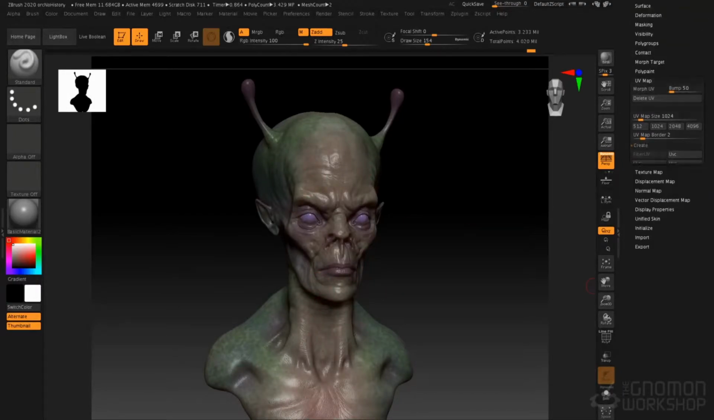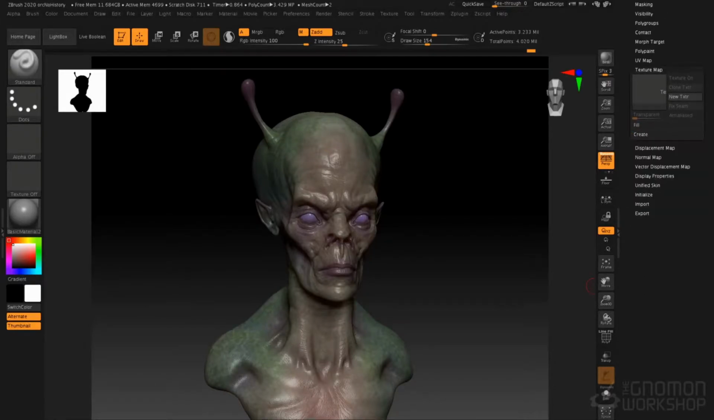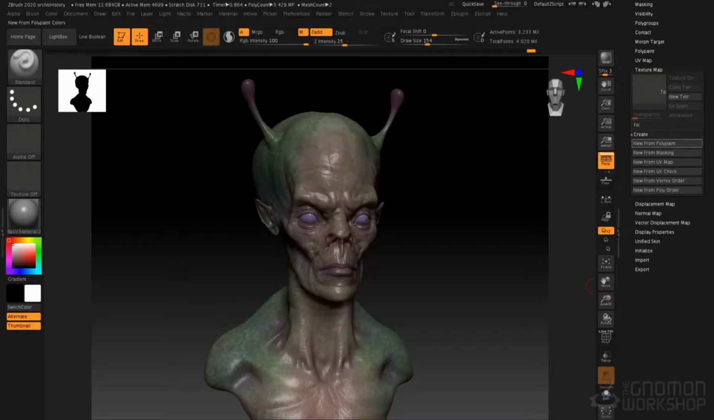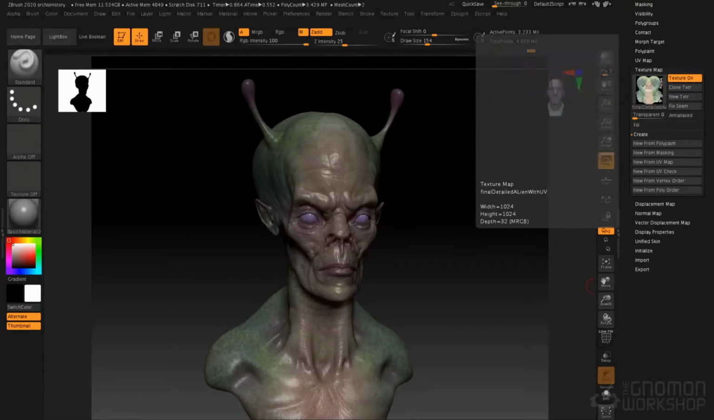So to do so, I'm going to go to texture map, and here we have a submenu called create. If I click create, I can select new from poly paint. So if I click new from poly paint, it's going to generate this texture, but it's set it to 1K. That's 1024 by 1024, which we don't want. So I'm going to go back to UV map and